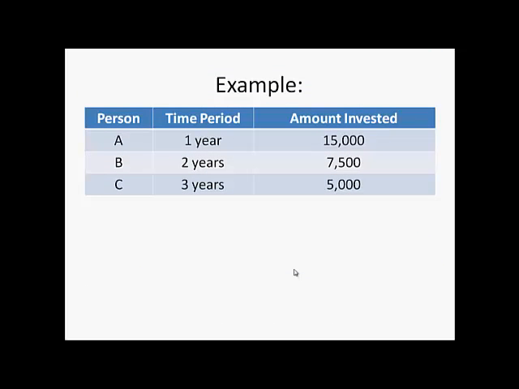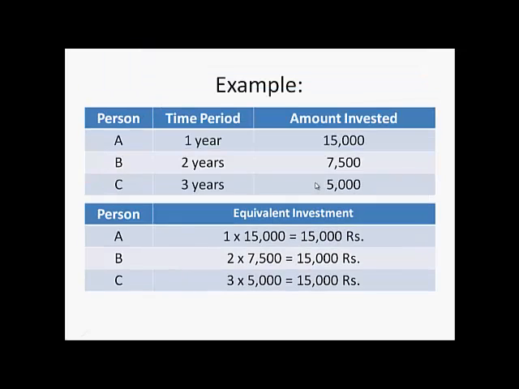Now in this example, there are three people A, B and C. Let us say A invests for 1 year the amount of rupees 15,000. B invests for 2 years the amount of rupees 7,500. And C invests for 3 years the amount of rupees 5,000. So calculating their equivalent investment,